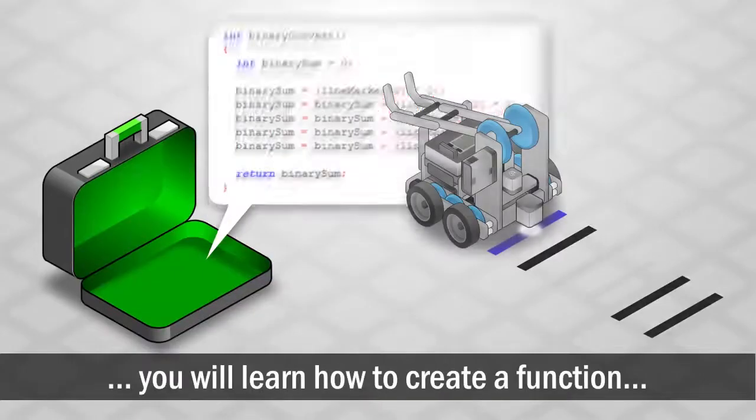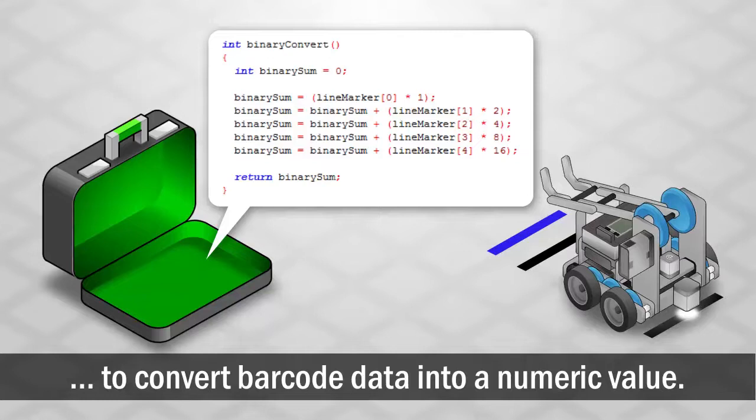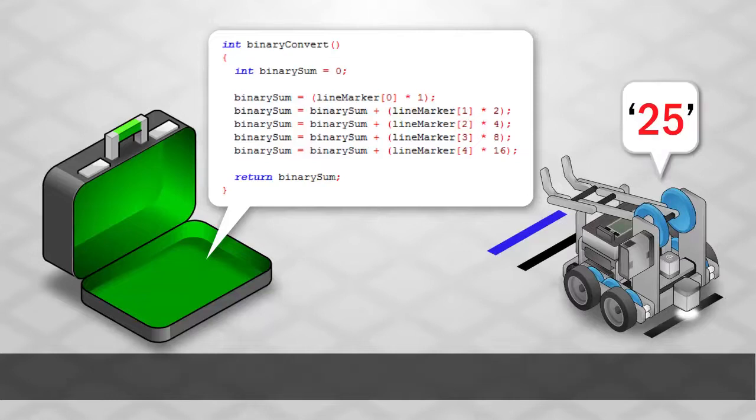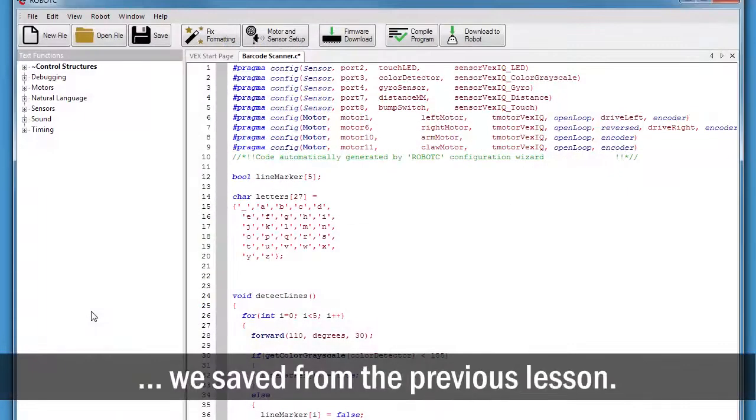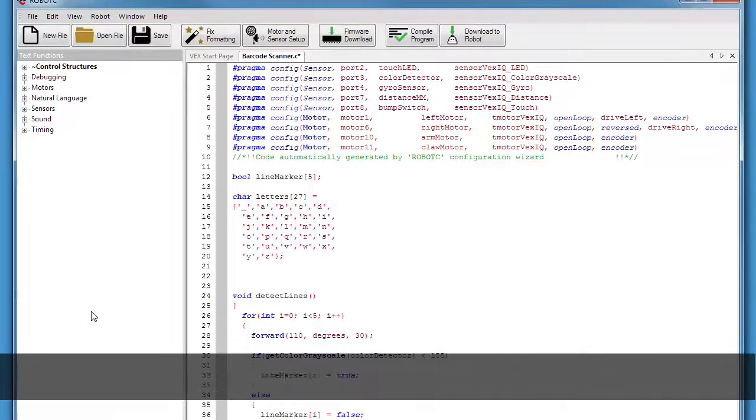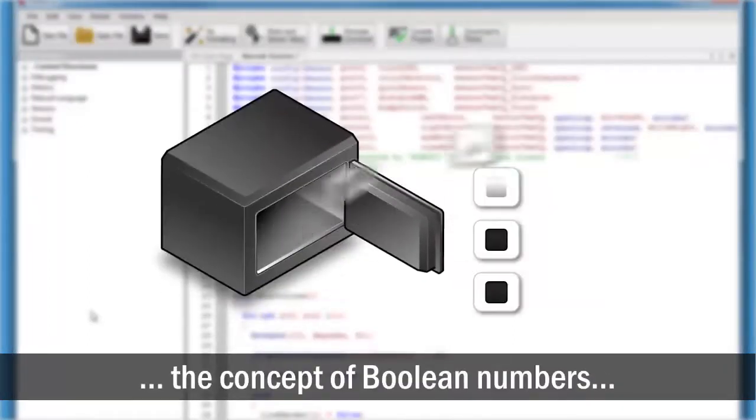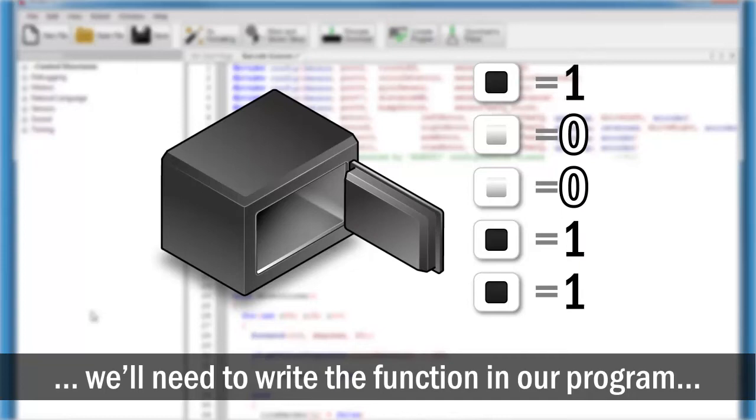In this lesson, you will learn how to create a function to convert barcode data into a numerical value. Let's start with the program we saved from the previous lesson. Now that we understand the concept of Boolean numbers, we'll need to write the function in our program to perform